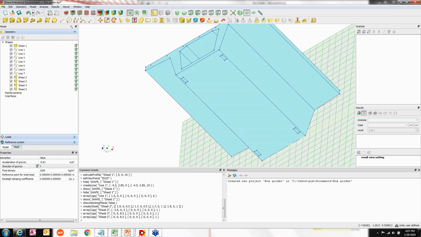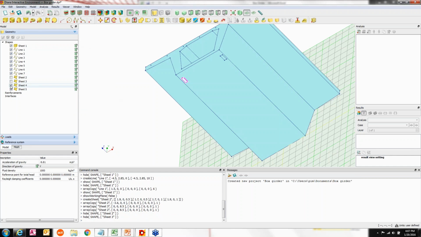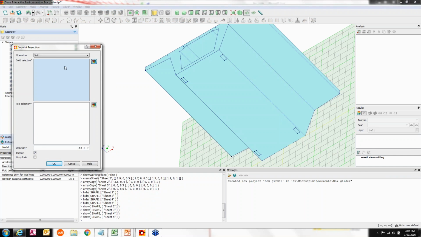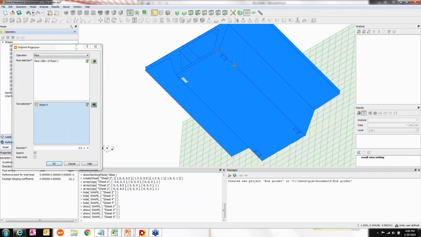So if you remember, I said if you want to define your position of the load or boundary condition, you need to always use imprint function to imprint the position of them on your model. So if I hide them, you see no trace and effect of them on the model. So I activate them and go through the imprint operation. So what I'm gonna do, I'm gonna imprint face, select the reference face is the bottom face, and the tools are these 4